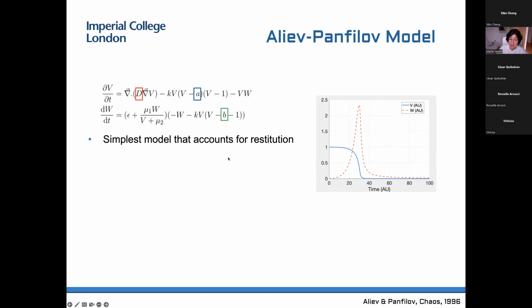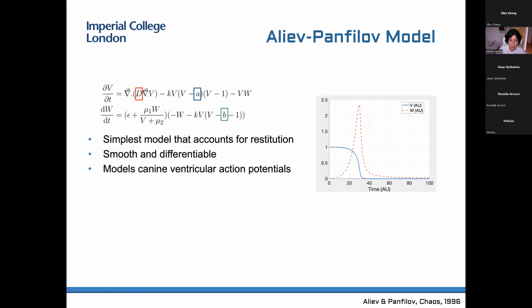So as I said, this is the simplest model you can have, only two variables, V and a latent one, W, that takes into account this refractory period, that is the restitution properties of the model. It's differentiable, and